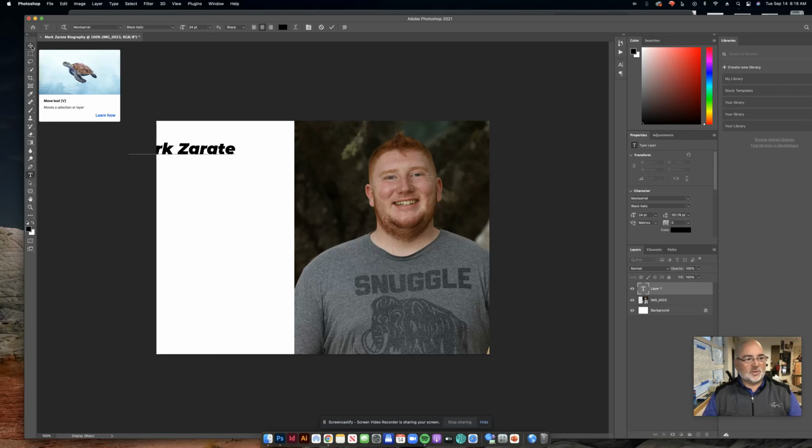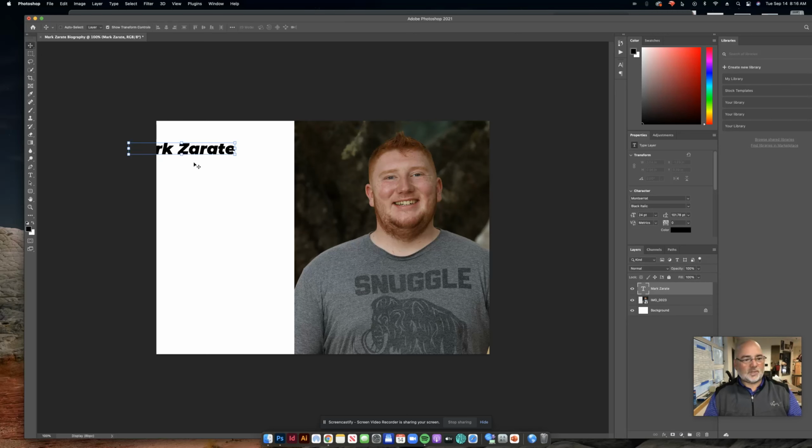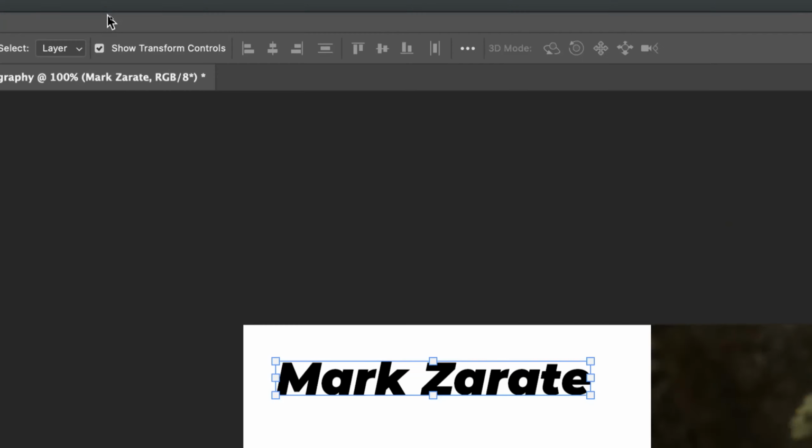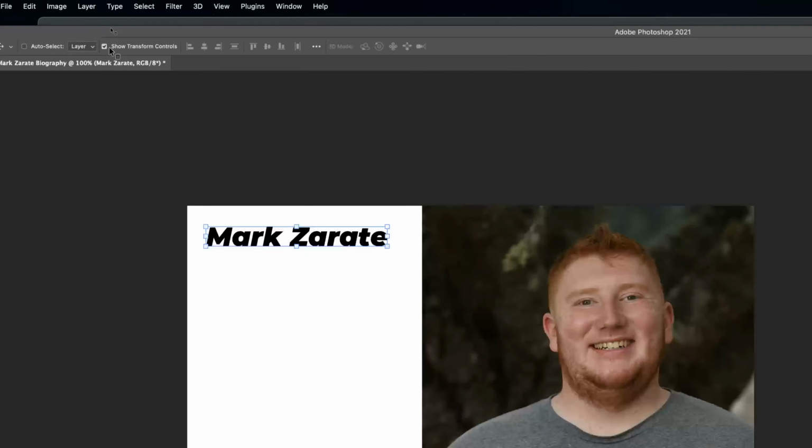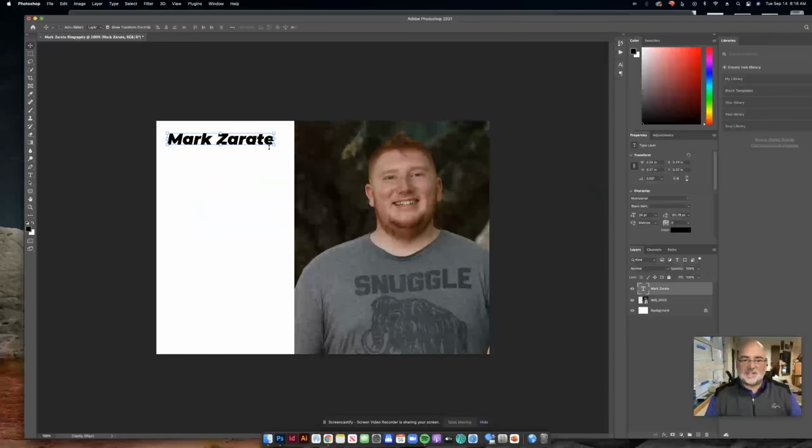And then I'm going to go ahead and click this move tool like that. And now I can click and drag and move it wherever I want to. And because when I use the move tool, I have this box selected where it says show transform controls, now I can take this and resize this any way that I want. So I can click and drag and resize it. Okay. If I want to